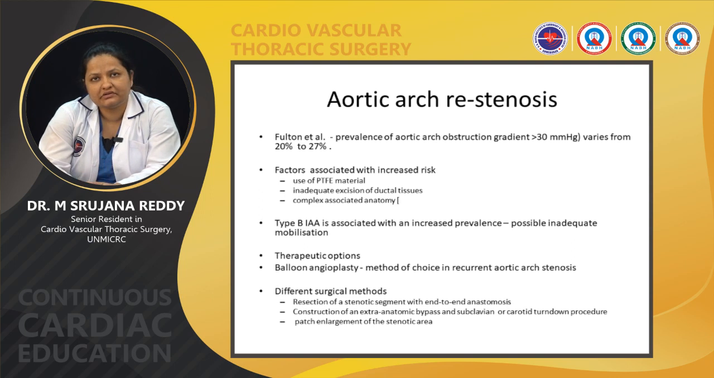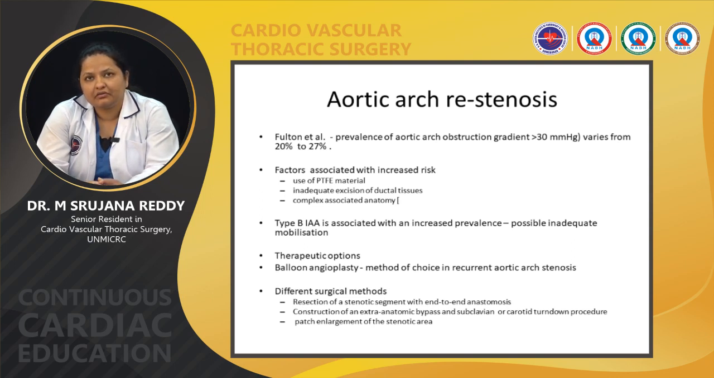Aortic arch restenosis. An aortic arch obstruction gradient of more than 30 millimeters of mercury is usually suggestive of a restenosis, and Fulton et al. have shown a prevalence of around 20 to 27%, while other reports have shown a lesser prevalence